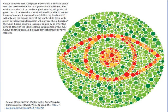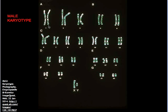Color blindness is usually caused by an inherited genetic defect in the light-sensitive cells, the cones, of the eye. Color blindness can also be caused by optic injury or nerve diseases. Today, we consider the genetic red-green color blindness, the male karyotype, an actual picture of the 46 chromosomes in a